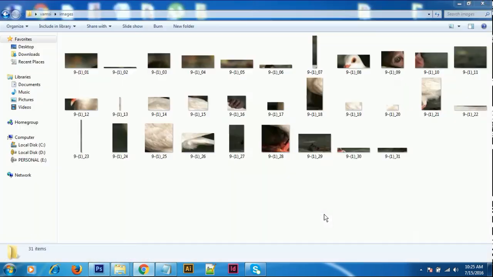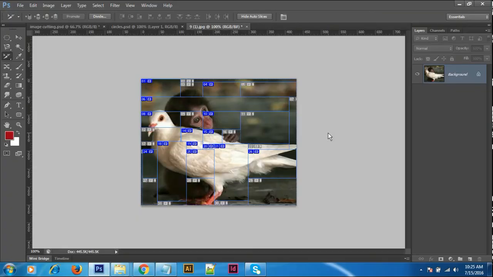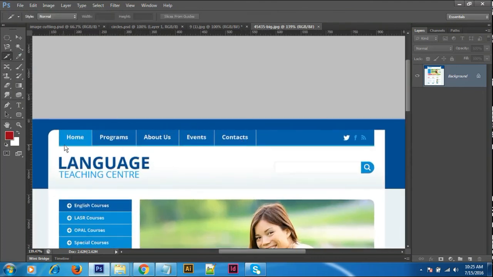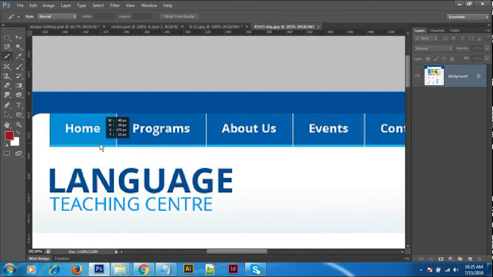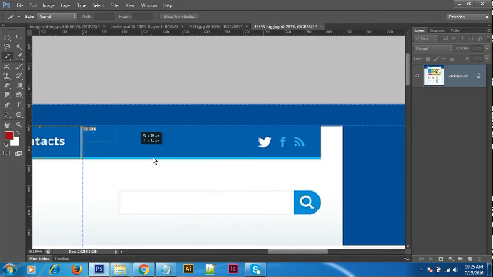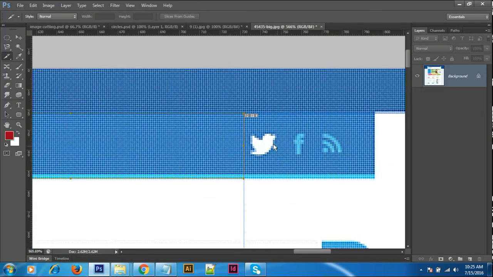The web designing people use this one. Now take a slice tool. Yes, like this the web designing people will take the pieces format.